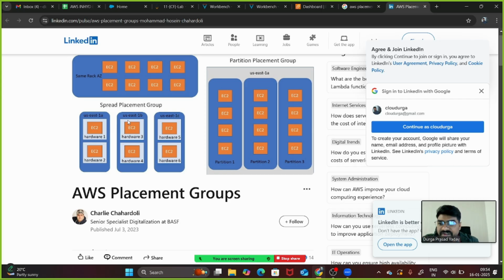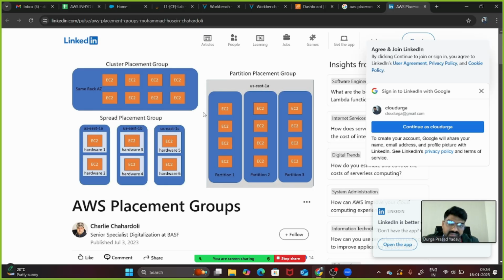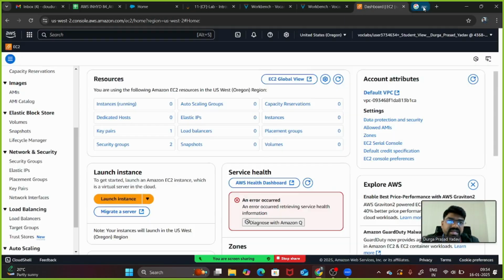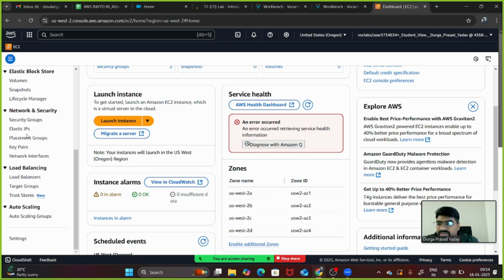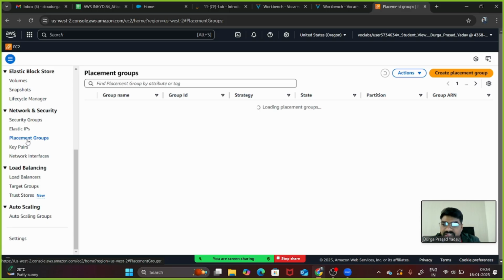Whenever we talk about spread placement group, as you can see, it is in different availability zones. We have distributed our virtual machines across different availability zones. Spread means how much you can spread, how much you can distribute, right? That is the thing that you need to understand here. So whenever we are clicking on placement group, guys, see the placement group.